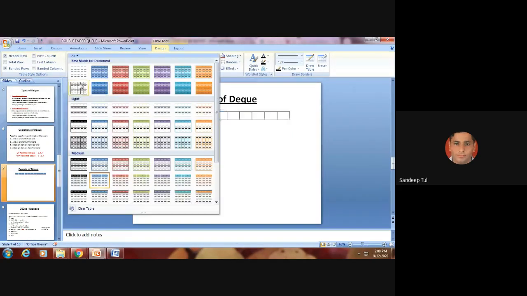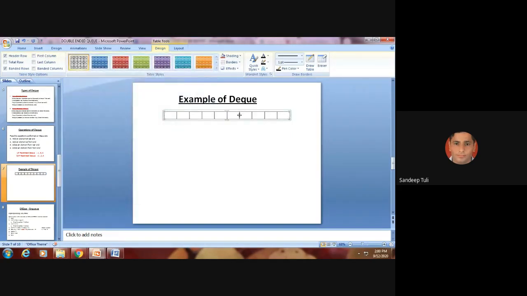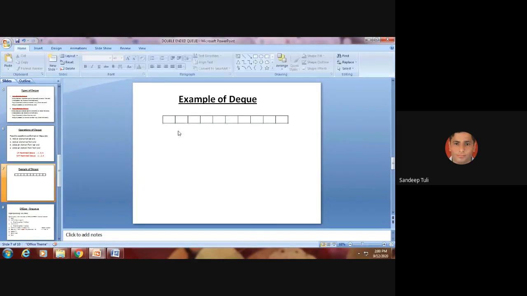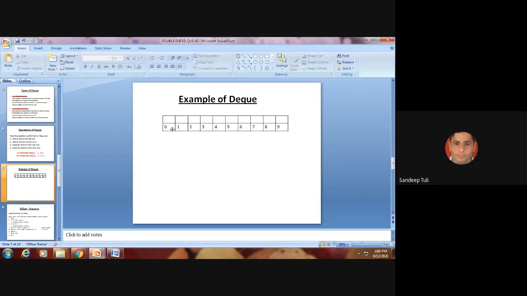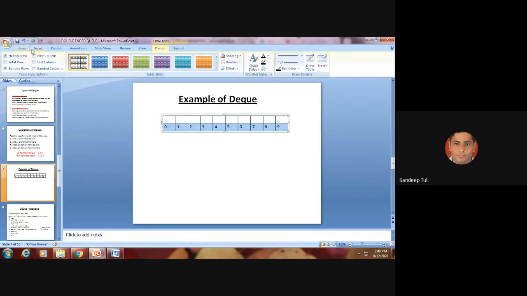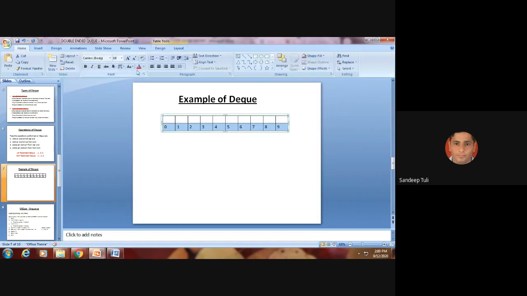Let me add the indexes also so that the confusion will not be there: 0, 1, 2, 3, 4, 5, 6, 7, 8, 9. These are indexes. Got it? And here we will put the values.